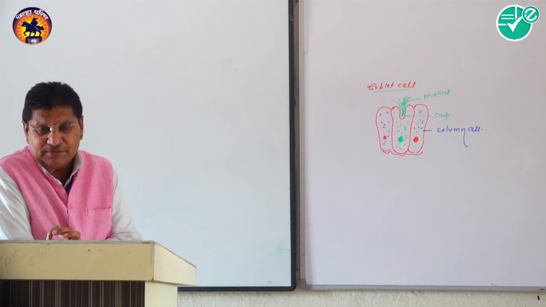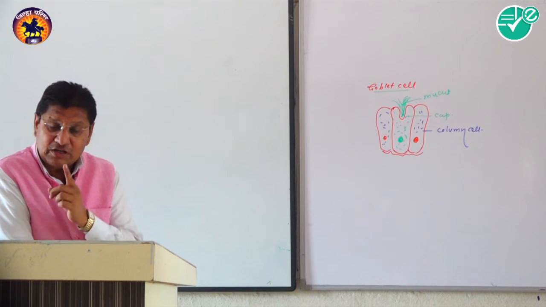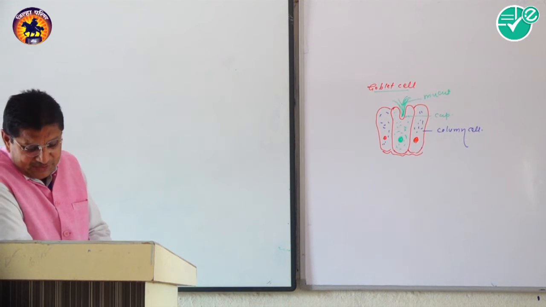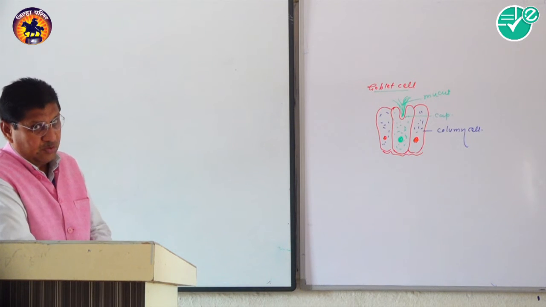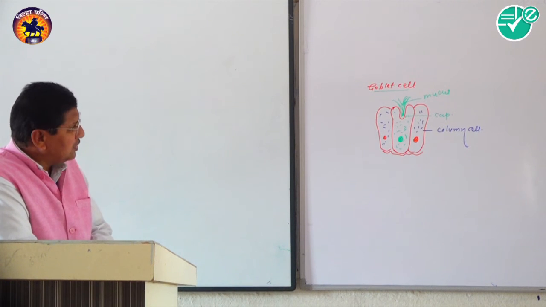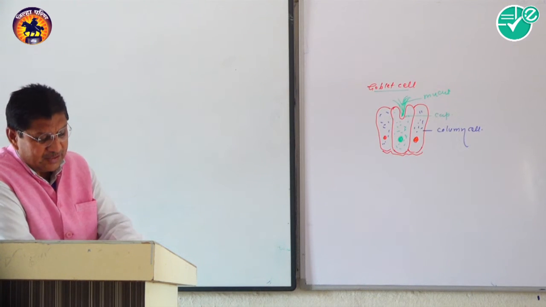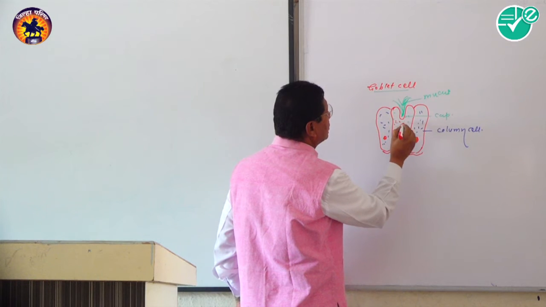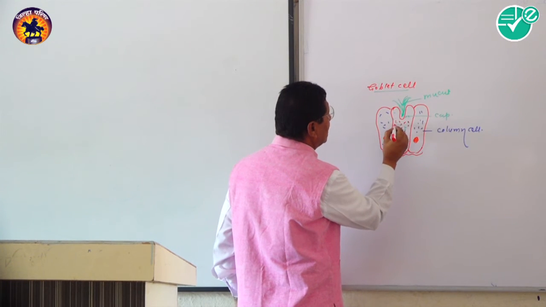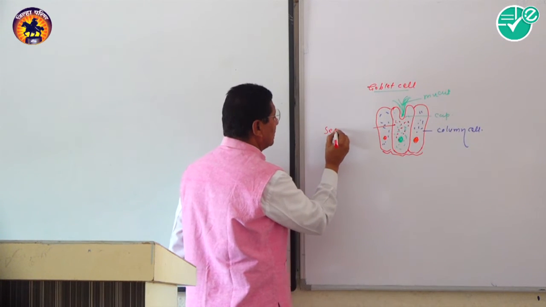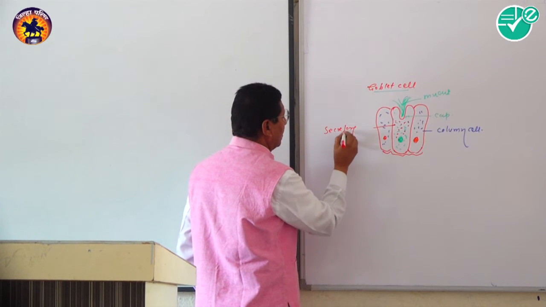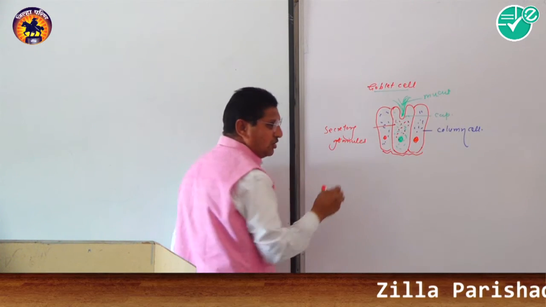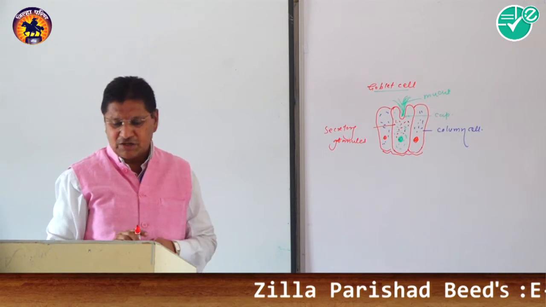It may be columnar or cuboidal in shape. In each cell, there is the nucleus. The large nucleus is generally located toward the basal end. And a very important characteristic feature of such a gland cell is that the cytoplasm is provided with granule-like structures, and these structures are known as the secretory granules.